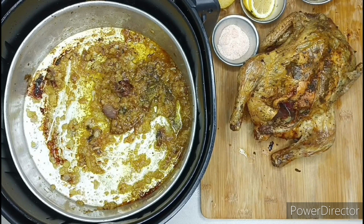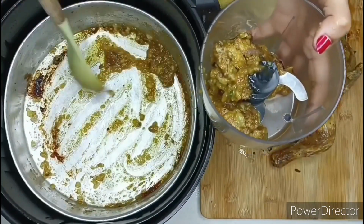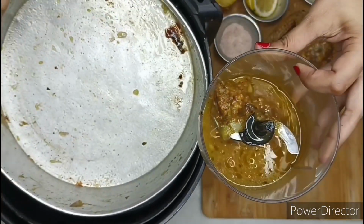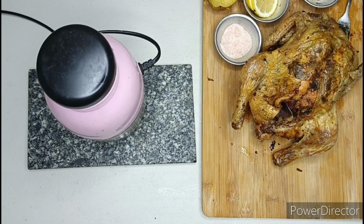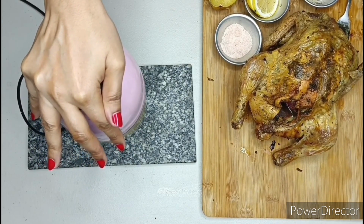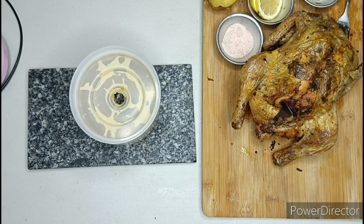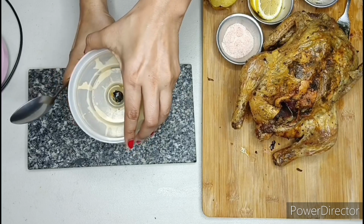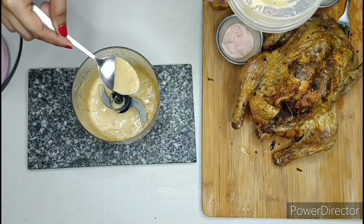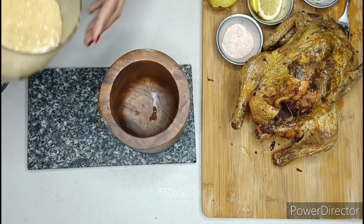And mix it all in, transferring this into a mini blender that I have. And I would want to pour about a quarter cup of water into this blender so that it would give a nice silky smoothie texture. So here I am blending it for about 30 seconds and doing a quick taste test. And there you have it, the silkiest, flawless gravy you could taste, along with the yummiest and moistest roast